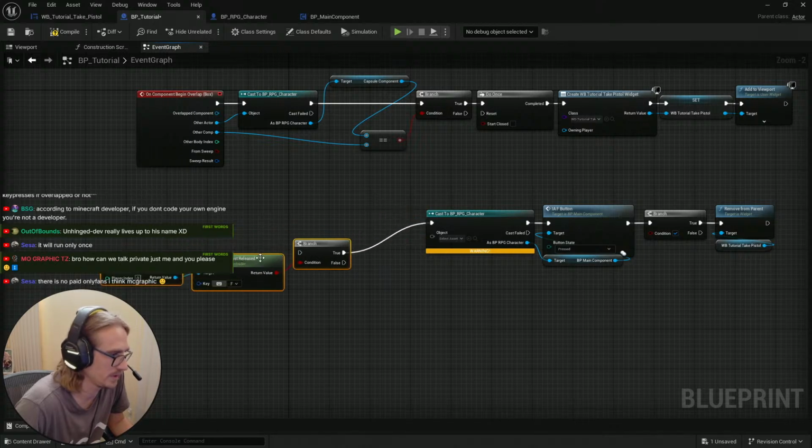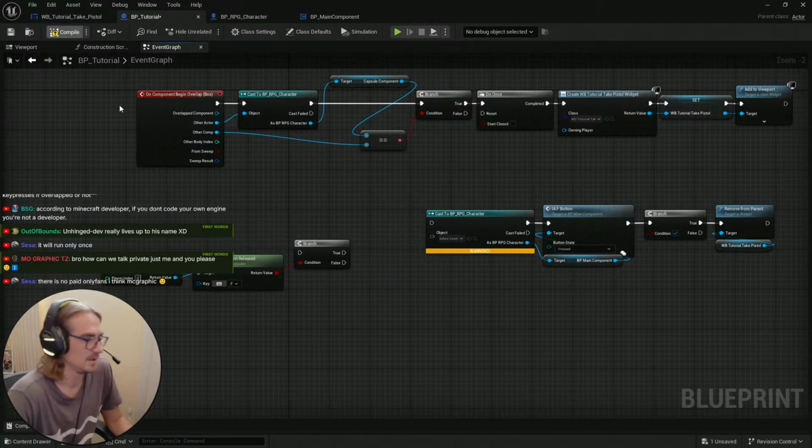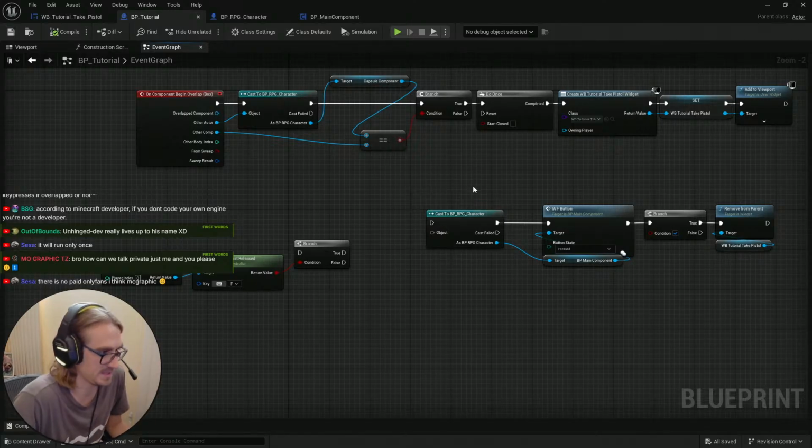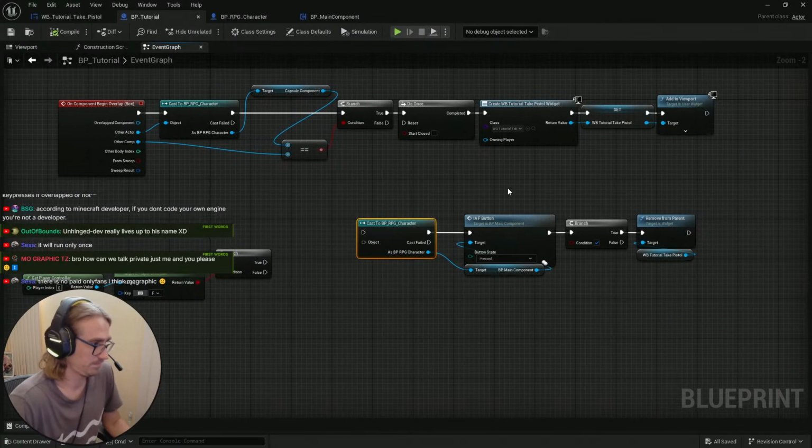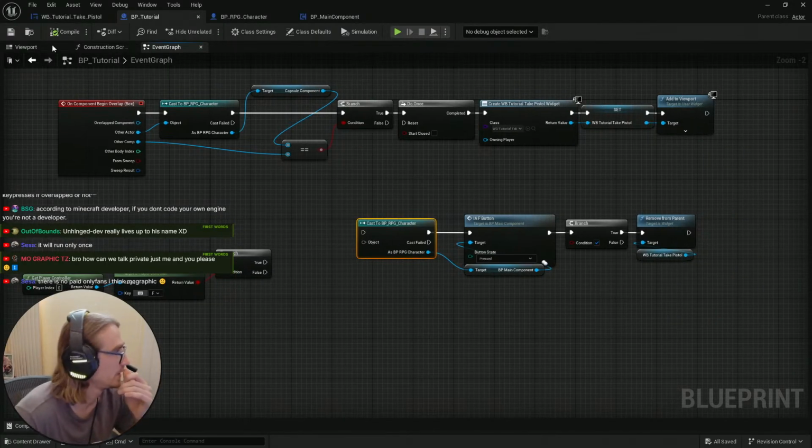Don't worry, we're gonna figure it out. It's also a very complex template, just calling things from the BP main component. It's been a learning curve, but